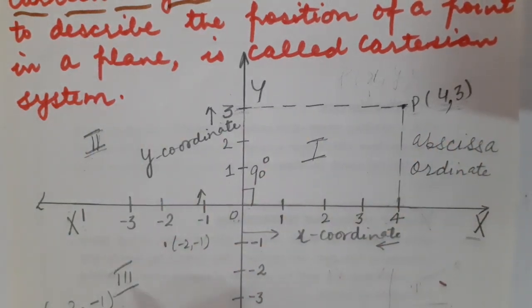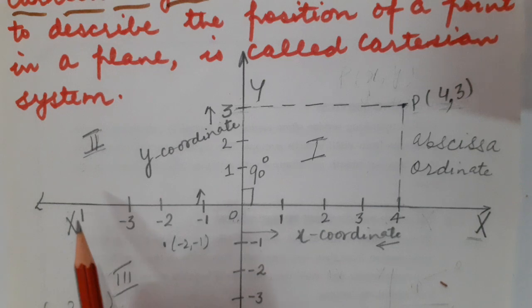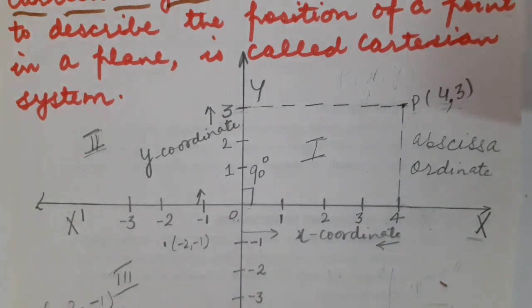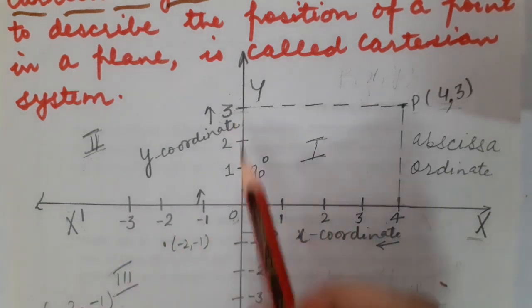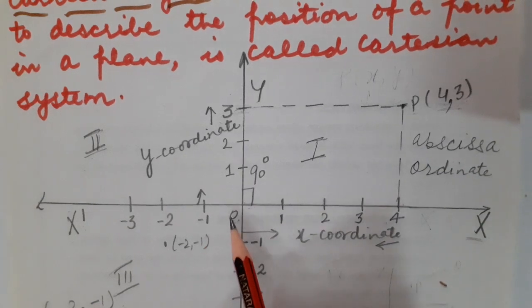Now, in a Cartesian plane, basically there are two perpendicular straight lines. They are x dash and y dash. Where these both perpendicular lines meet each other, that very point is known as origin. Basically, they both are perpendicular to each other. Fine, students? And how do we denote that point of intersection? By O. O is nothing but the origin. Clear, students?